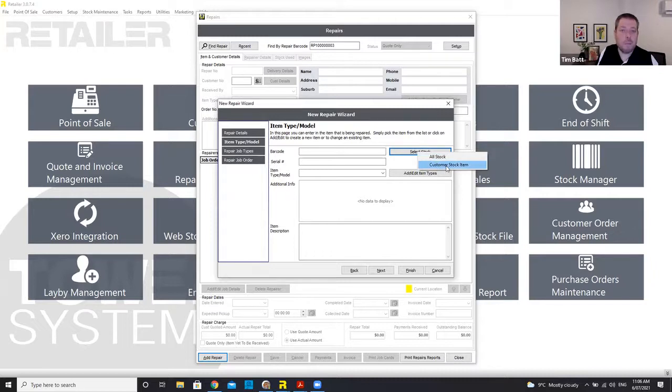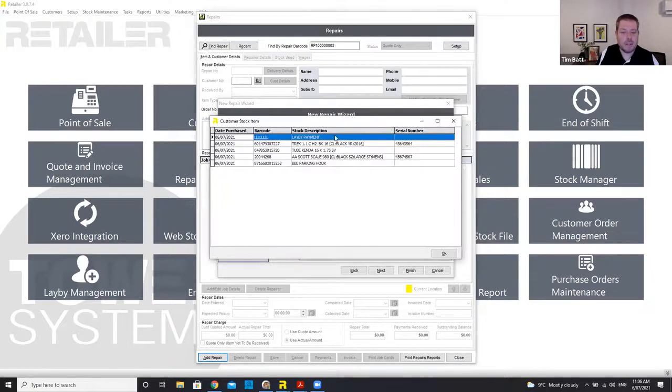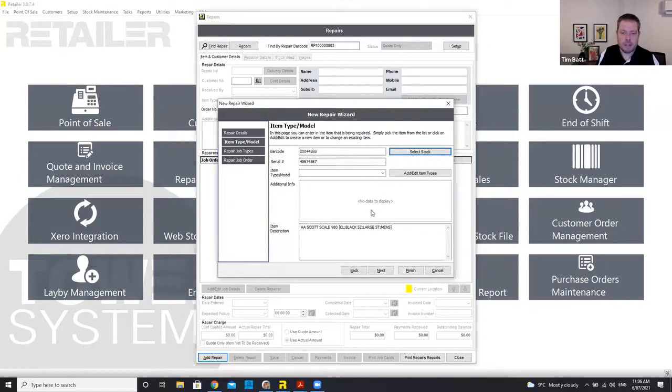So I could say to Justin, did you buy this from me? If he did, then I can do this based on the customer's products. So I want to do it based on his Scott scale, and it's the one with the serial number 4567. So that's the one I'm repairing. It's put a bit of a description in here, but I'm going to put a note in, and I'm going to put in there